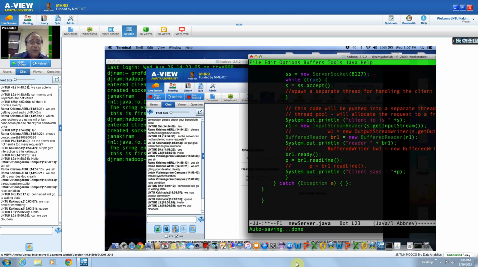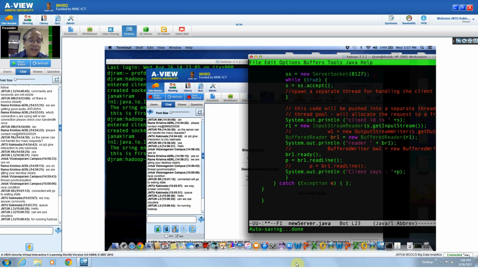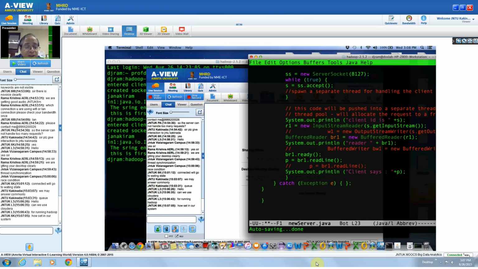Somebody is asking, can we use Cloudera? There are some assignments which we are going to take. You can use lots of other things for running the Hadoop assignments, but the only problem is that Hadoop is complex software. So setting it up, and we are also going to teach you some things on how optimization works on Hadoop and all that. The biggest problem in doing all this is